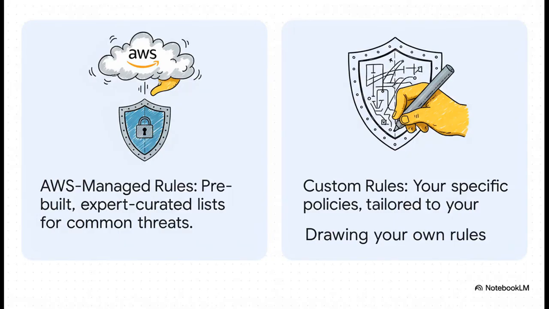The cool thing is, you get 2 ways to build this guest list. First, you can use what are called AWS managed rules. Think of this as the experts list, right? It's curated by AWS's own top security pros, and it's constantly updated to block all the latest, most common threats. It's a great starting point, but you can also write your own custom rules. This is for anything that's super specific to your application. So you get this perfect blend of out-of-the-box protection from the experts and that fine-grained control that you need.